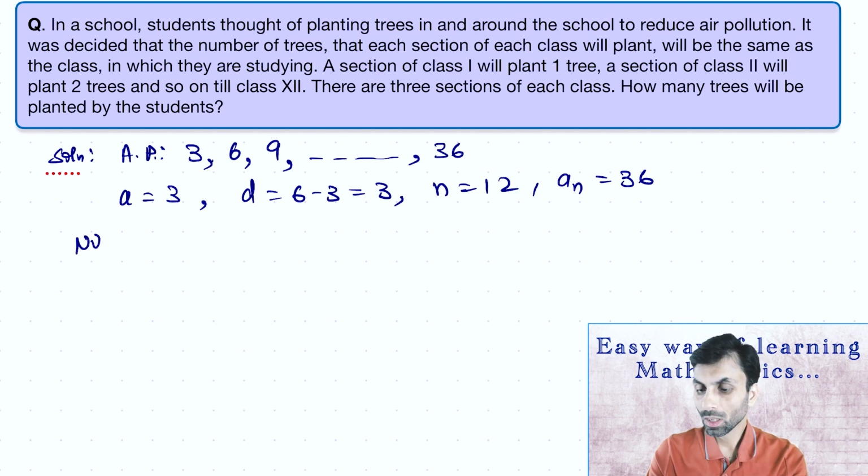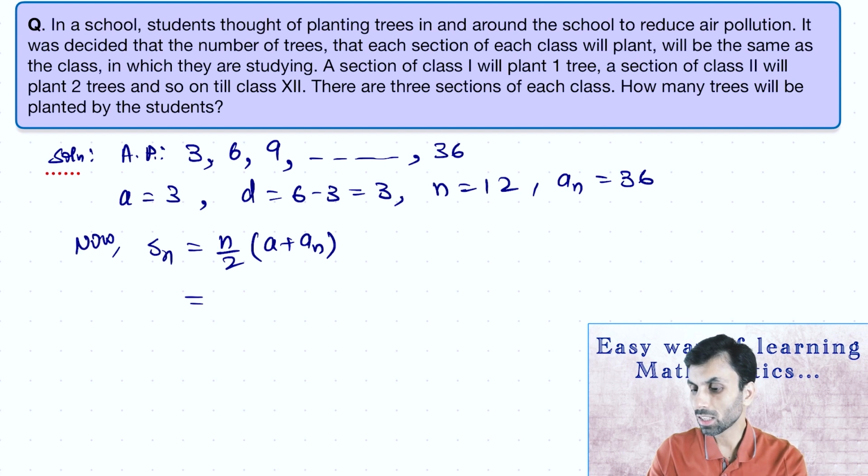Now, if we use the Sn formula, which is n by 2 into a plus an, since we know the first term, last term and number of terms, it will be 12 upon 2 into 3 plus 36, which will be 6 into 39,